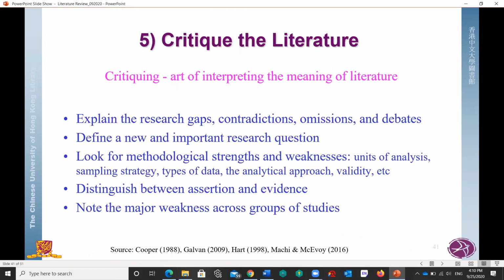Step 5 is to critique the literature. In the previous step, step 4, we only got an overview of different studies. But in this step, we need to read carefully. We need to find the research gap, contradictions, omissions, and major debates, so we can define a new and important